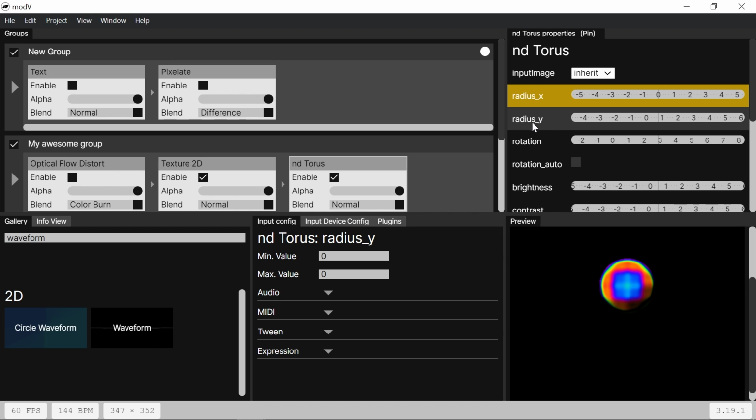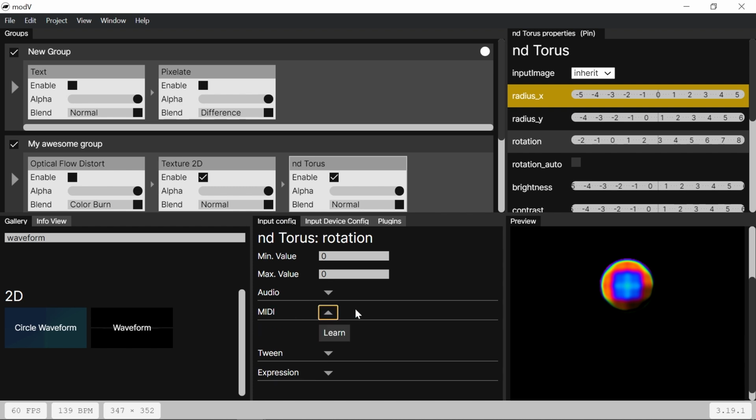In this case, it's maybe just taking the rotation, and then back in the input config tab, we have this MIDI section, and can open it, and then there's this learn thing here, and as we have the rotation, I'm using a fader. So if I'm clicking learn and then moving my fader, then it actually maps the input